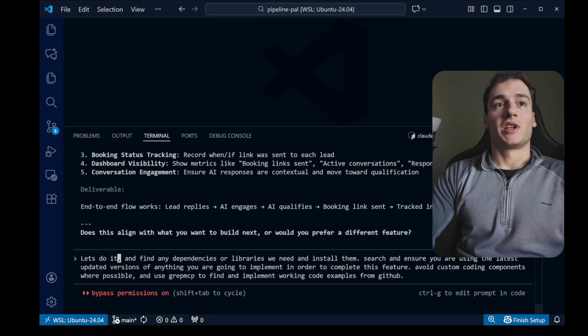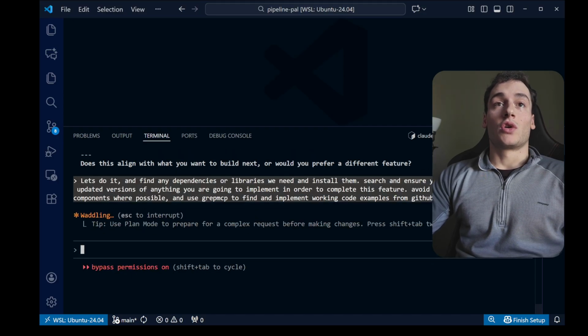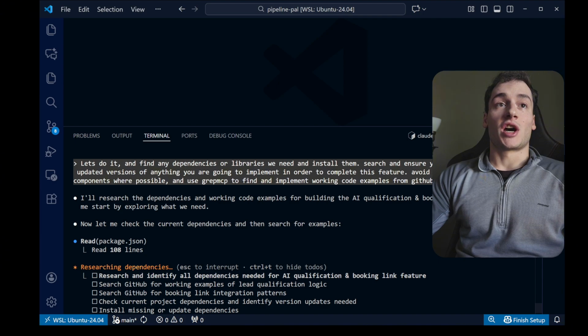So then I'll say something like this. Let's do it and find any dependencies or libraries we need and install them. Search and ensure you're using the latest updated versions of anything you're going to implement in order to complete the feature. Avoid custom coding components where possible and use grep MCP to find and implement working code examples from GitHub. So grep MCP, really the only MCP you need. The reason we're telling it to go research updated versions is so that it's not using the versions from its